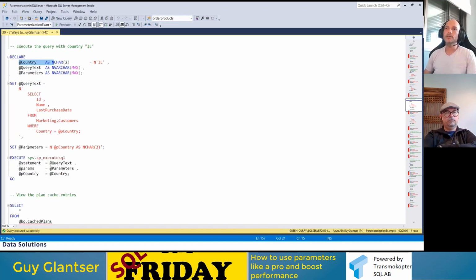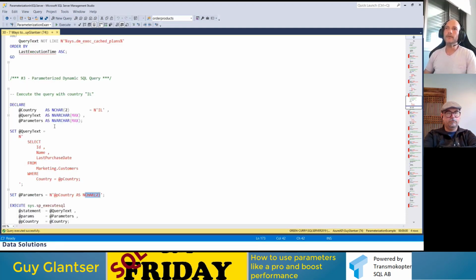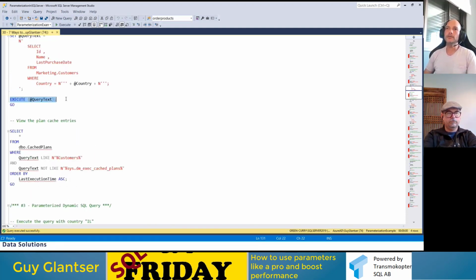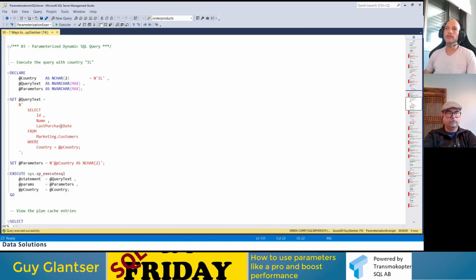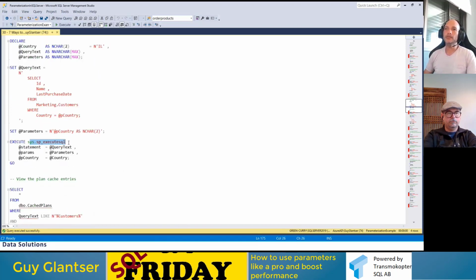And I'm also declaring now the parameters. So the parameter is @p_country, it's NCHAR(2). And then instead of using EXECUTE, as before, I'm going to use sys.sp_executesql. The statement is the query text, this one. The parameters involved in the statement is what I declared here.